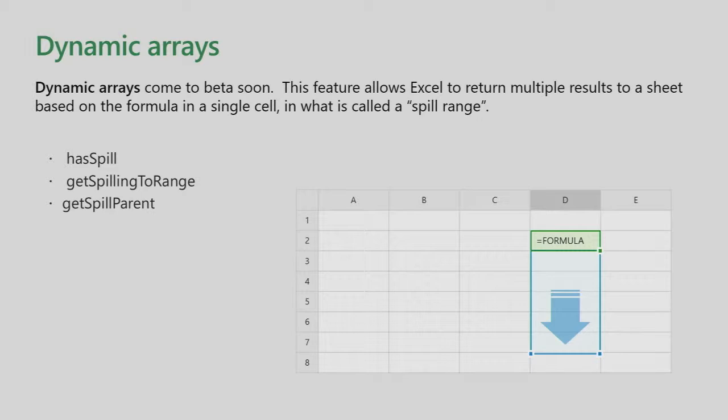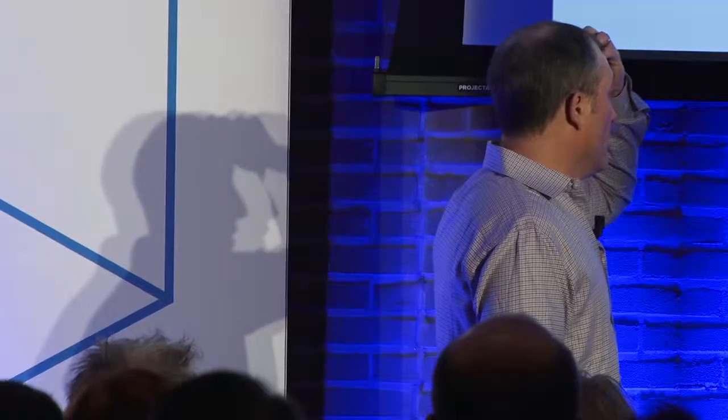Another thing that we've updated, and this is not quite as exciting as bringing Azure functions in, but we have definitely updated the way that you can do dynamic arrays. I'll show you how that works. It's very, very simple. But the reality is now that as a developer, or frankly, as a user, you have the tools to simply define spill ranges, whereas I think in the past you had to do things like hit Control-Shift-Enter or something like that in order to set up a dynamic array. So we can see how all this stuff works.